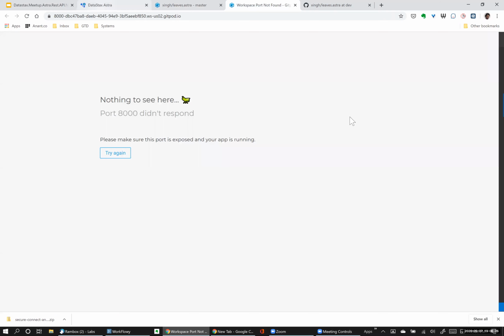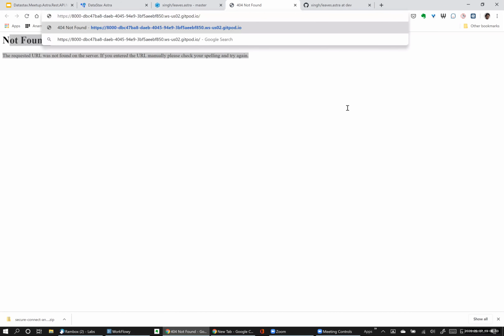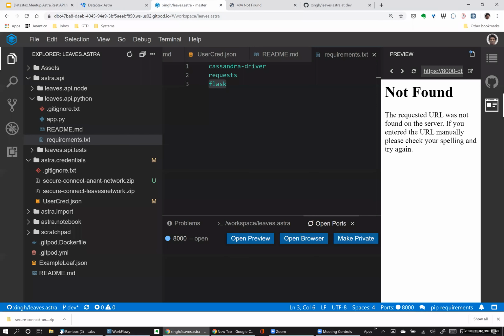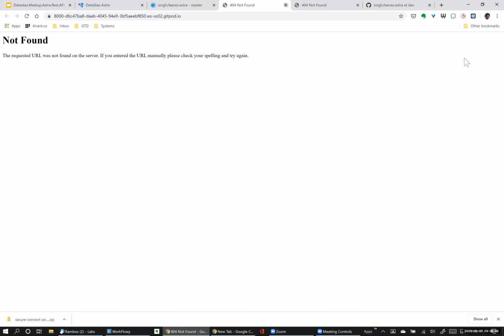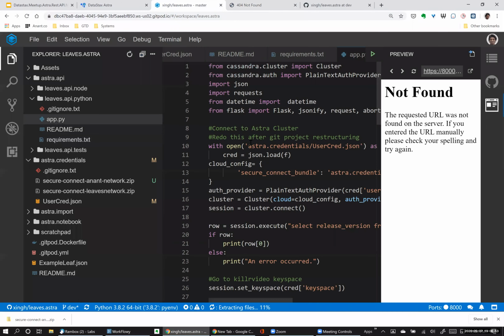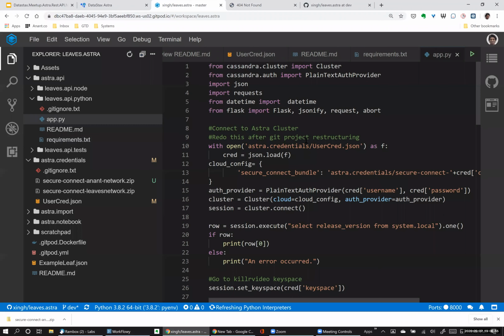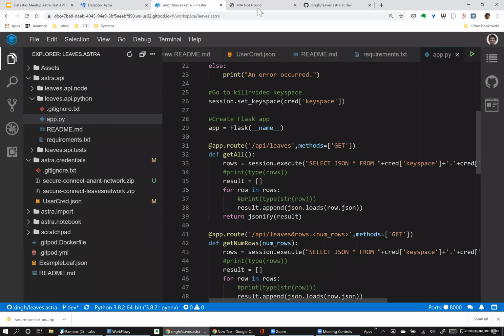It's exposed. And you know what, this not found, it just means that we're not going to the right endpoint, okay? So the endpoint that we have, if we take a look at the code, is actually, I'm going to close this. There we go. The endpoint for this is /API/leaves, right? So we need to put that in there. And when we do that,